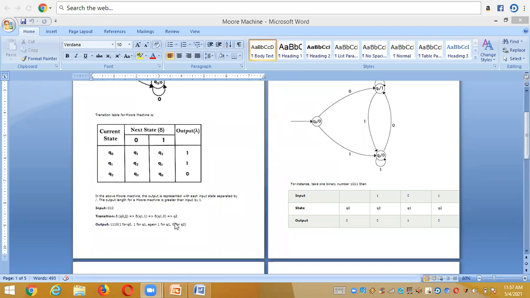We take the output alphabets for each and every state, and finally we get the output as an output alphabet string. So we need to check whether the output string length for a Moore machine is greater than the input string length by 1.